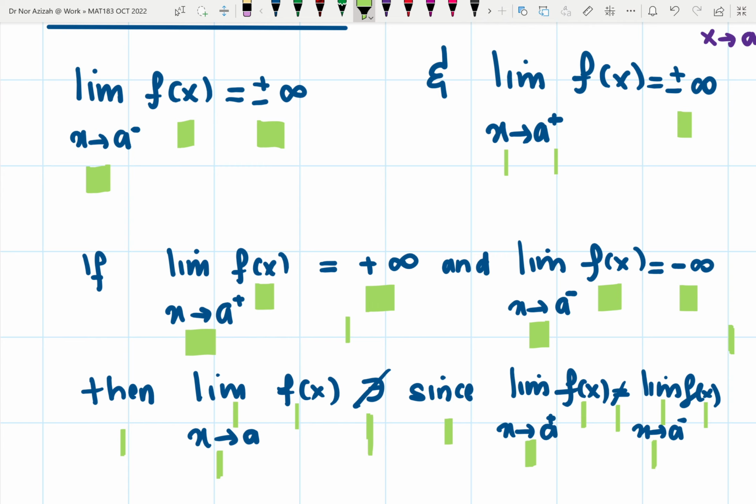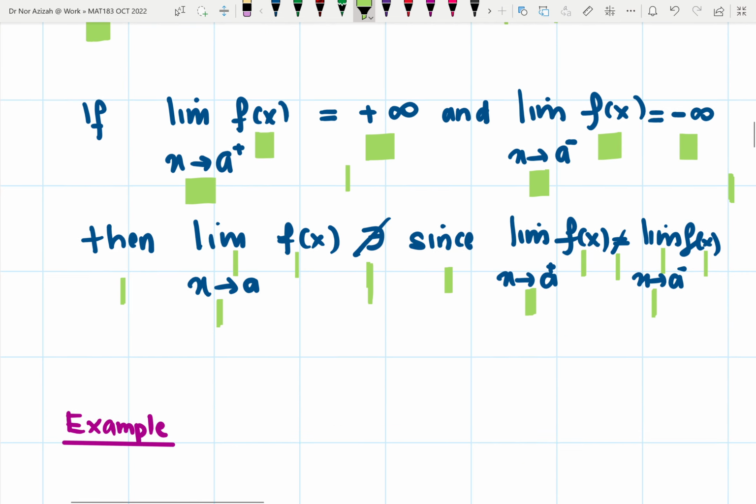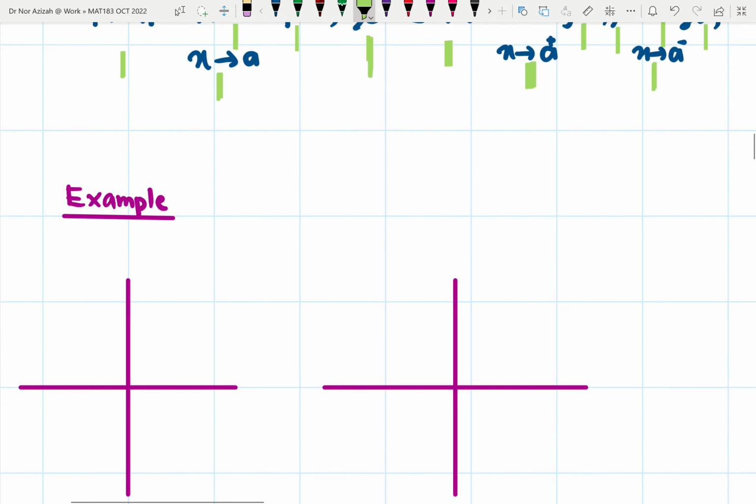So in order for the limit to exist, kiri dan kanan perlu sama. Kalau tak sama, we can say that the limit of a function when x goes to a number does not exist. Okay, so for example here,